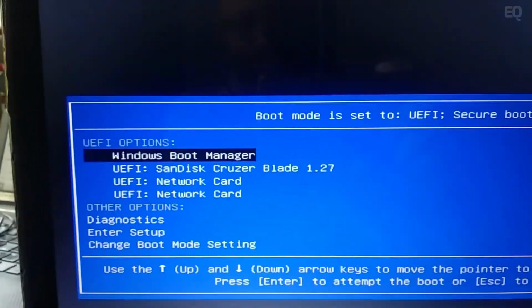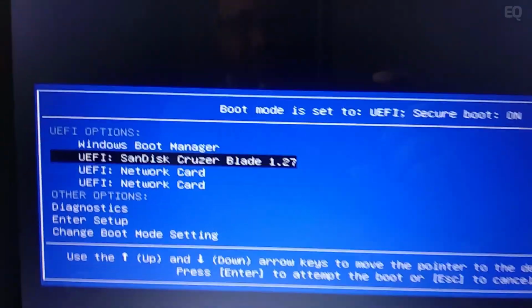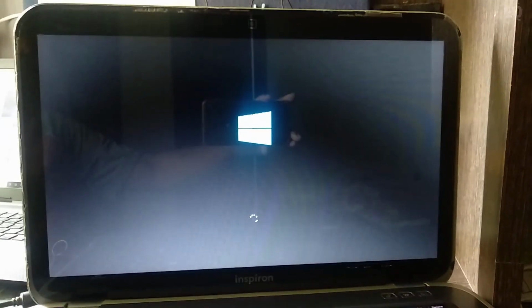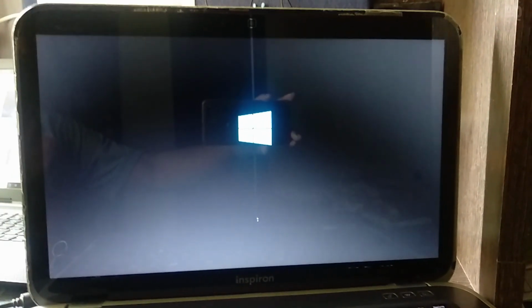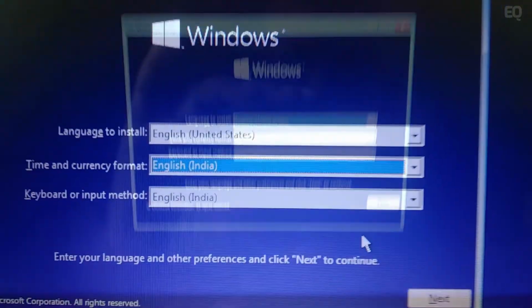And then I'm going to select the second option, SanDisk Cruzer Blade, and hit enter. The PC is booting to the setup and the setup screen appeared.